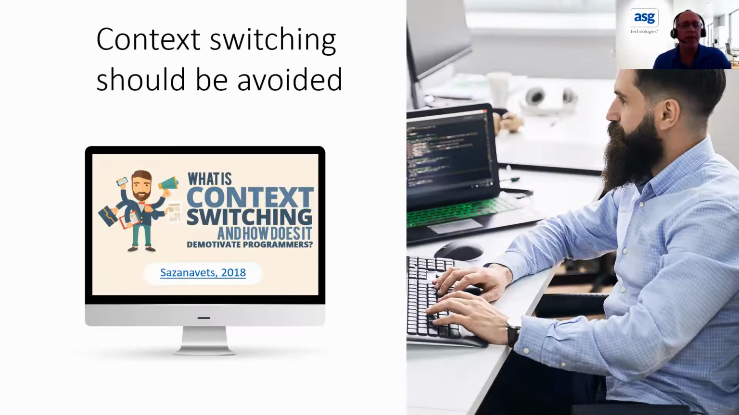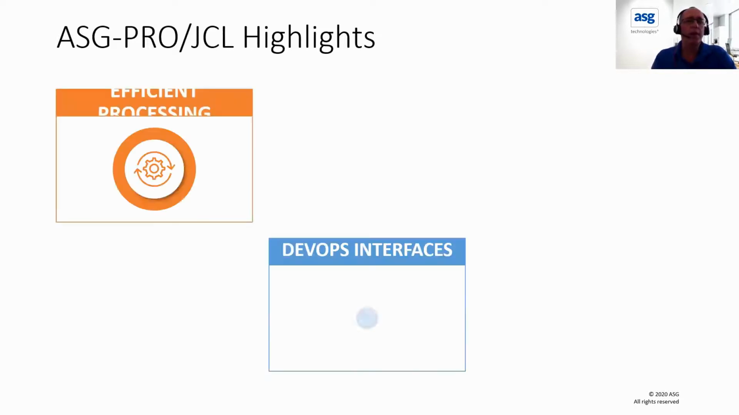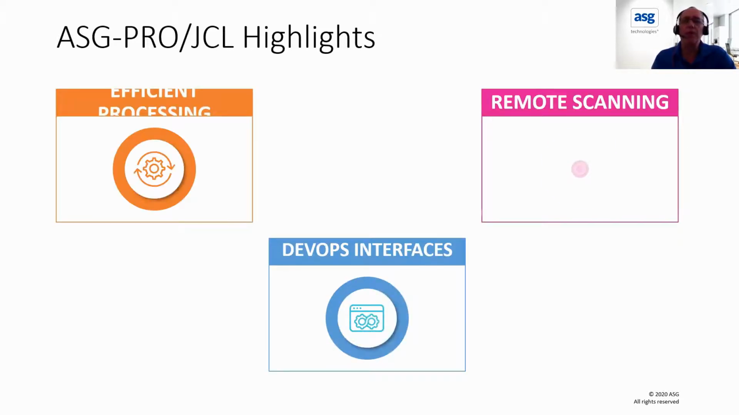Context switching, and how does it demonstrate to programmers? But basically, you don't touch your JCL. You try to not touch it as much as you can, but when you're running it through the system,